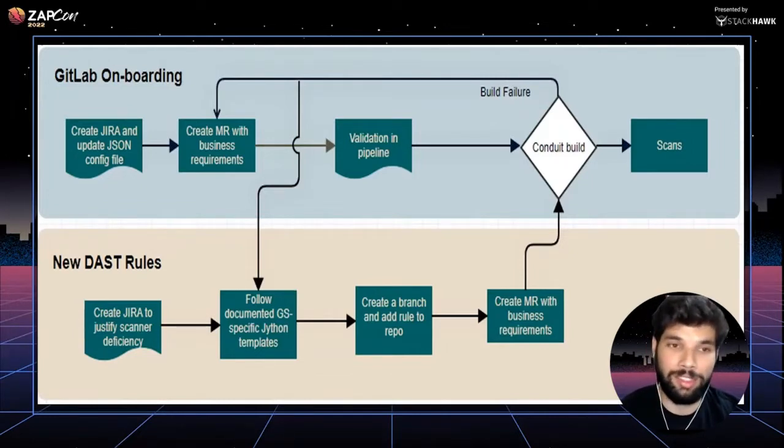So yes, we had talked a lot about onboarding and about how scalability is a big issue for us and it's a priority for us, right? So we have two places where we have automated the scaling part and how we can onboard things much faster. So one is the GitLab onboarding part, right? Let's say you are a new application person, you created an application and you want to deploy it. And before deploying it, you would want to test it out, right? So what we have documented is: create a Jira and you update the JSON config file that Ved has mentioned.